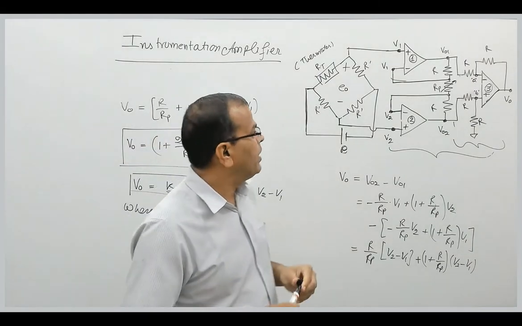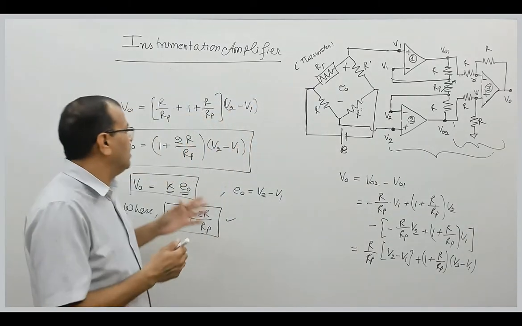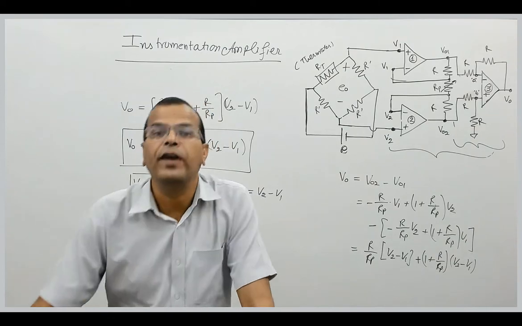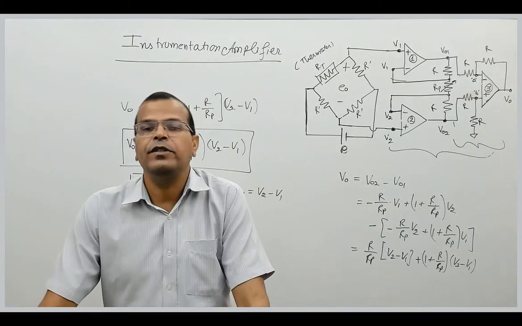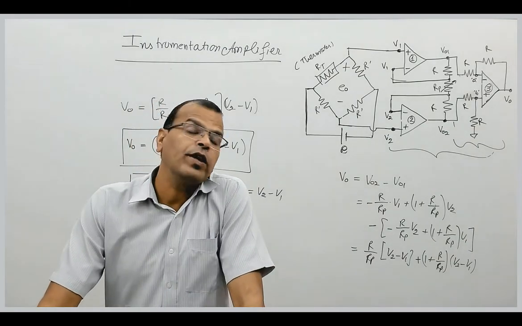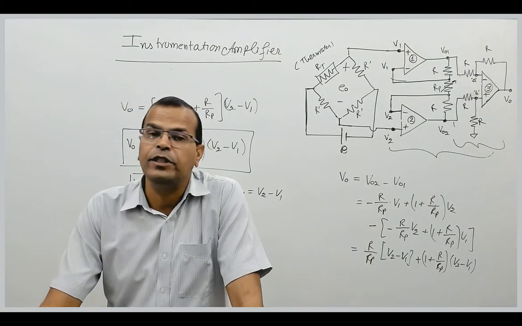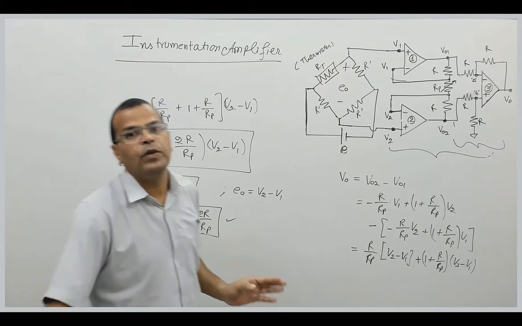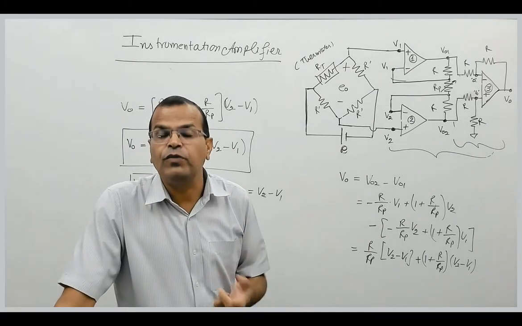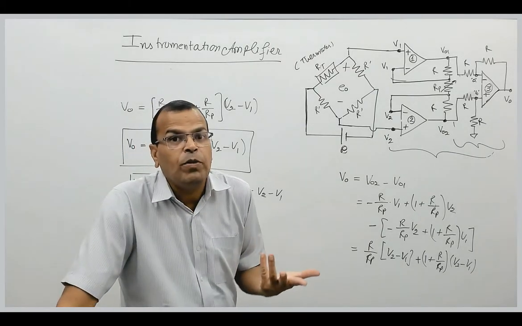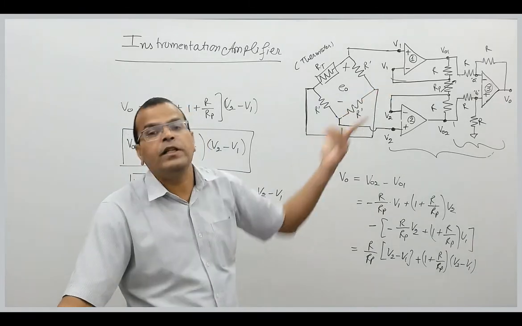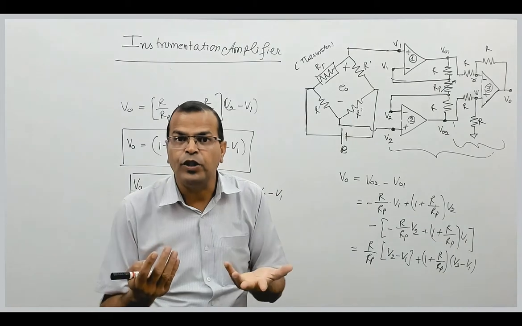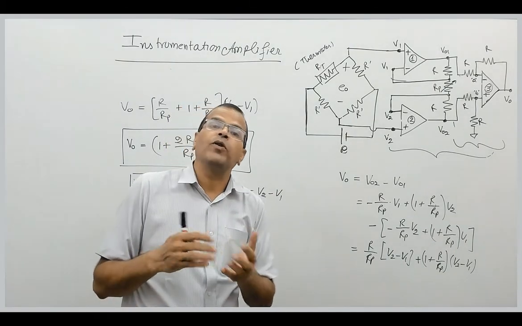Now the important points are, it is just like a difference amplifier, right? So it is like a differential amplifier. The advantage here is the common mode gain of this circuit is negligible. When both voltages are same, the output will be 0. So that is called common mode input. So when both inputs are same, that is common mode input. So output of the circuit is 0. So when common mode output is 0, we will say common mode gain is 0.